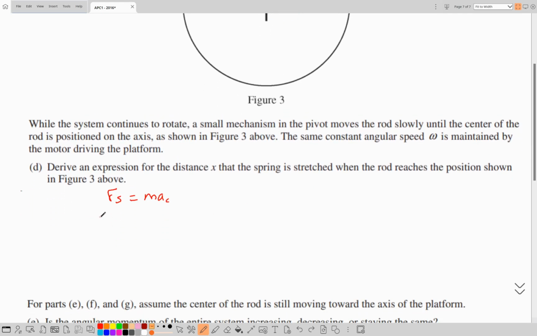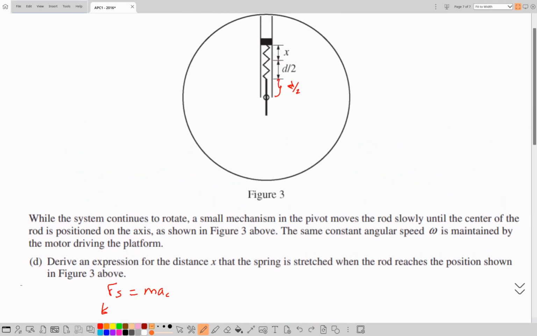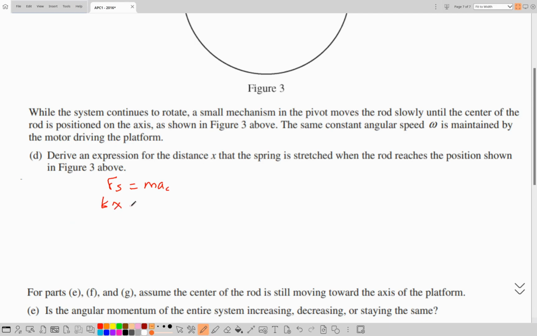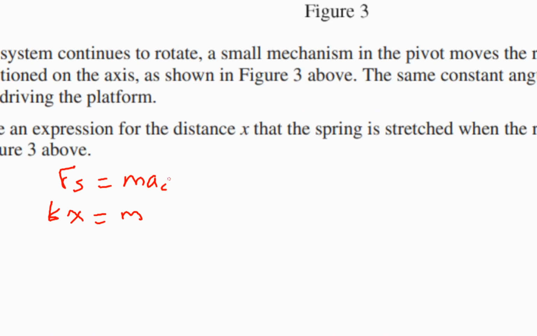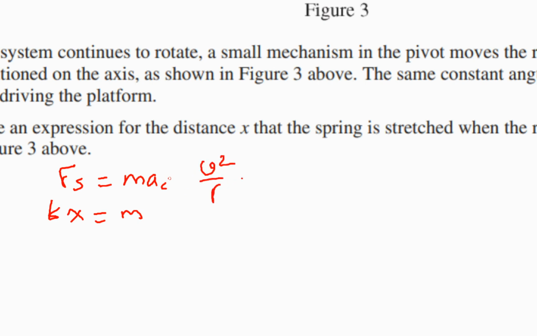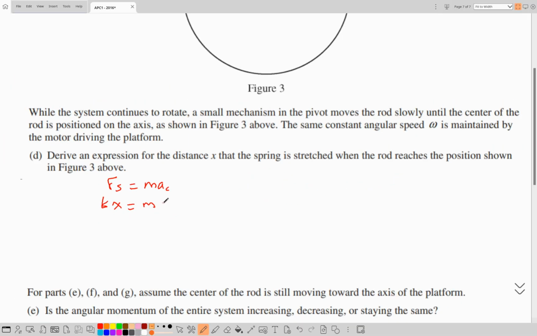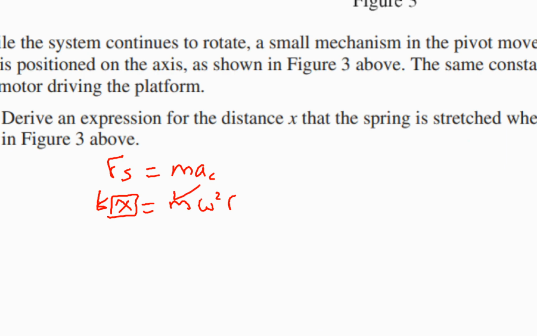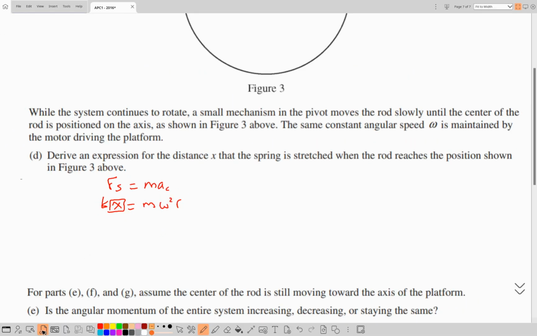Now the force of the spring in this case is given by the spring constant k, and the elongation of the spring, in this case the elongation of the spring is given by x, is equal to the mass multiplied by v square over R, that would be omega square R square divided by R, which is basically omega square multiplied by R. Now we're interested in determining the value of x. m is an allowed quantity, omega is an allowed quantity, but however k and R should be converted in terms of the given quantities